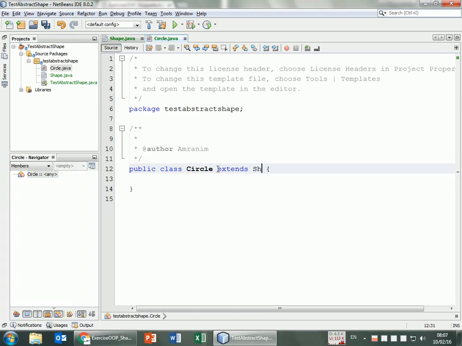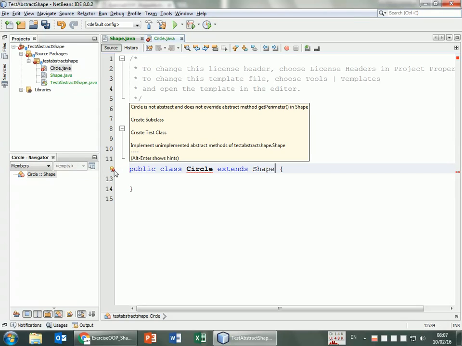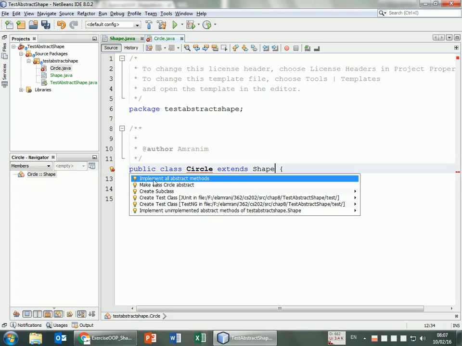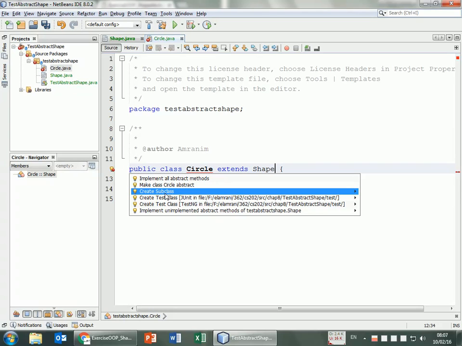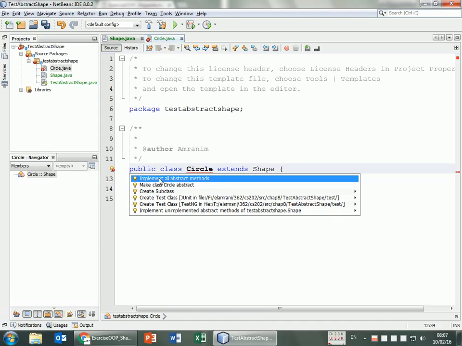extends shape, and then as soon as I extend shape, I have this mistake that shows, because why is this showing? Because shape is abstract, but this is not the only problem. I mean, this is not the problem. The problem is that because shape is abstract, there are abstract methods that I need to define. And if I see, it will tell me circle is not abstract and does not override abstract method get perimeter in shape. So I need to fix that by defining those abstract methods, and I'm going to be implementing